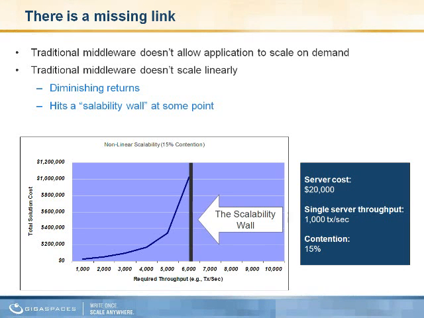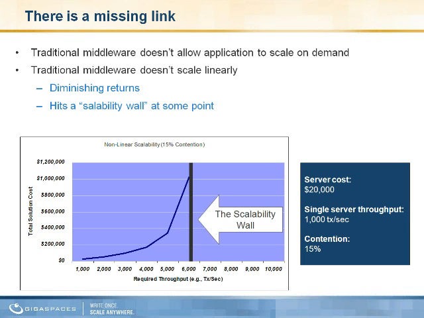The other thing is, at some point, the application simply won't be able to scale anymore. And I just noticed a typo on this slide. I apologize. It should be the scalability wall. So at some point, the application can't scale anymore theoretically. And this will be caused because of contention in the application. For example, waiting on a central database, waiting on a central messaging system that persists to disk, waiting on a distributed transaction manager, or other elements in our application that essentially halt the transaction process, and it can't continue until they are done, and that creates contention, which creates our bottleneck.